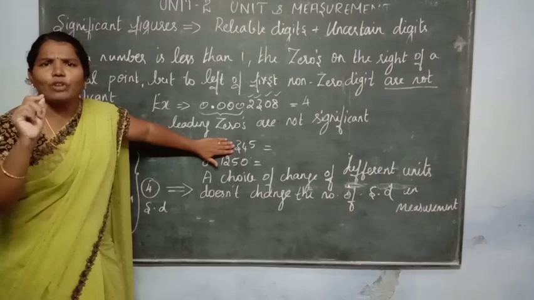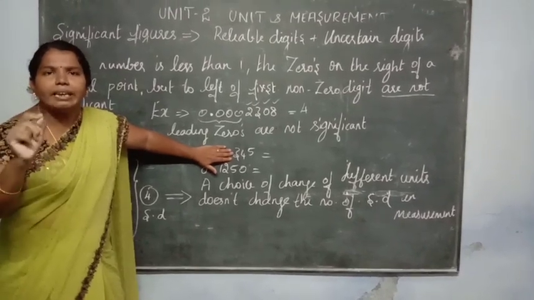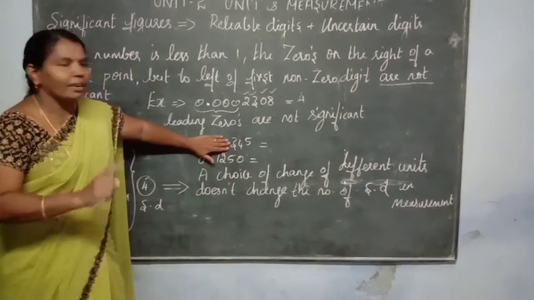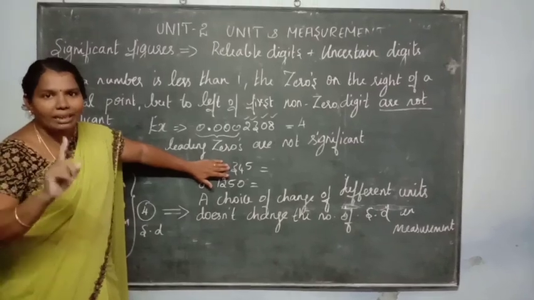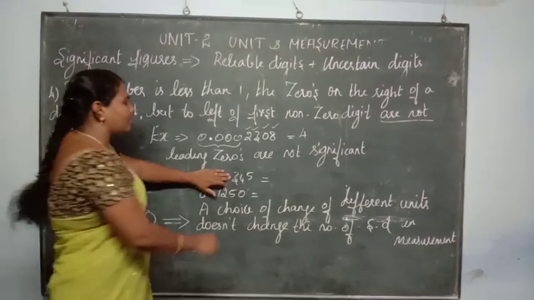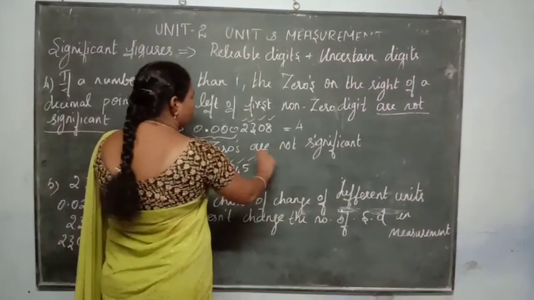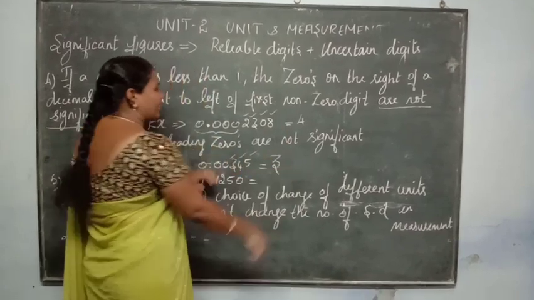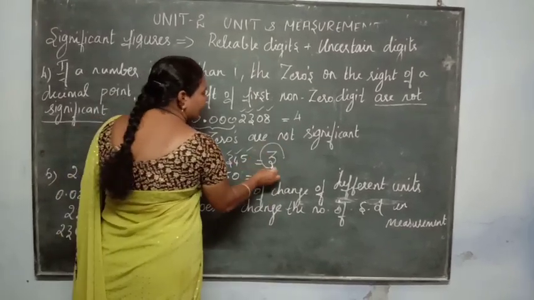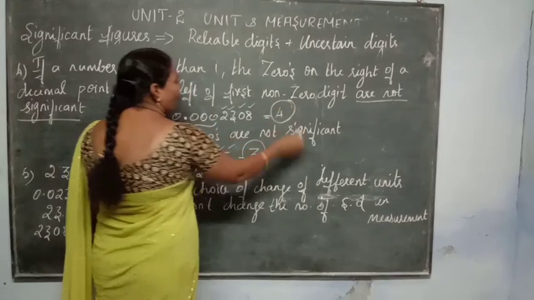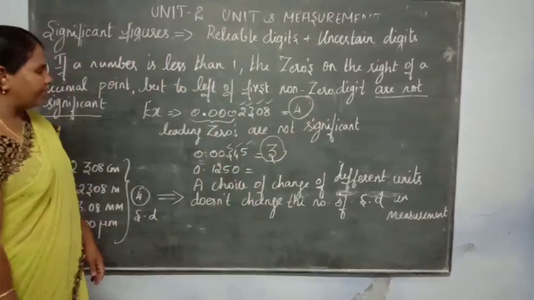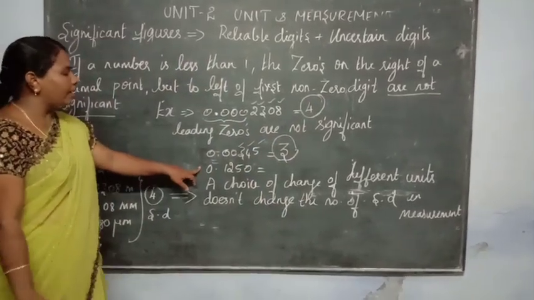What is the meaning of non-significant? You just leave the 0 values. Then just remove them. What are the numbers you have in this? Just count them. 1, 2, 3. Therefore how many significant digits are there? There are 3 significant digits. Here there are 4 significant digits. And then the next example is